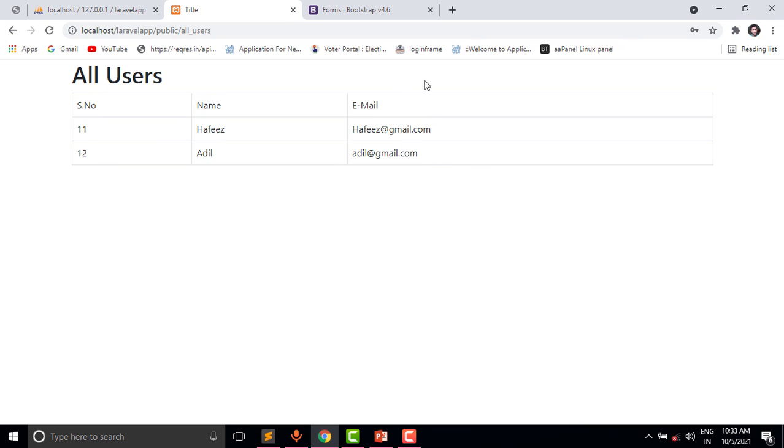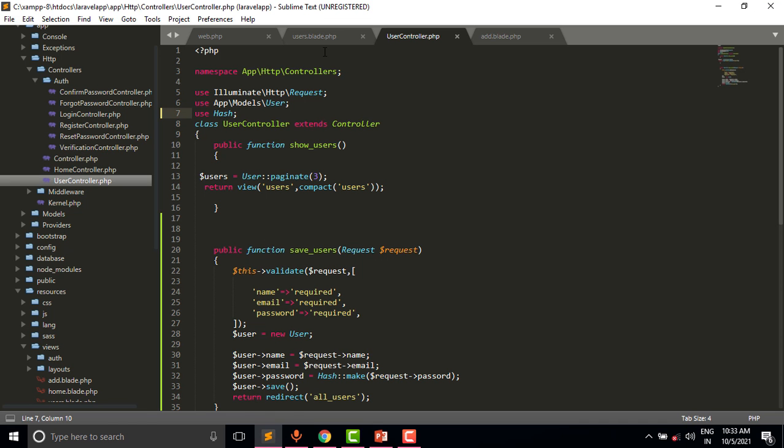So let us create the button here. When we click on that button, then we will redirect to the other page.